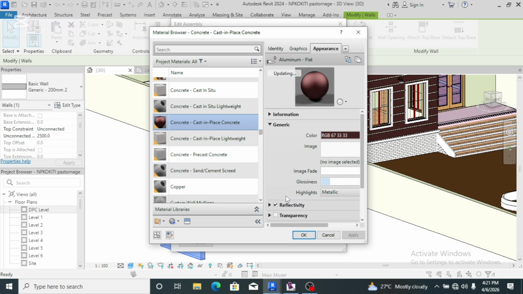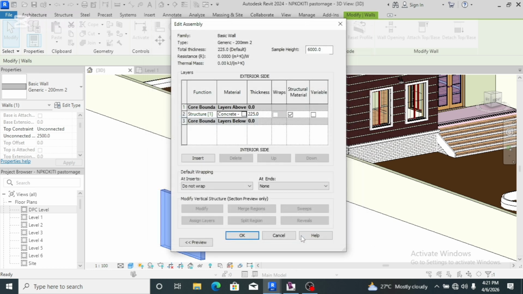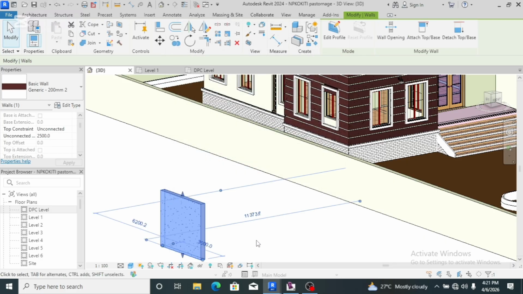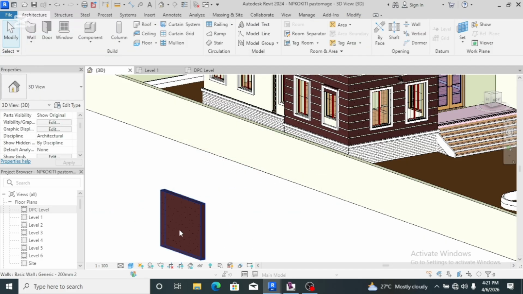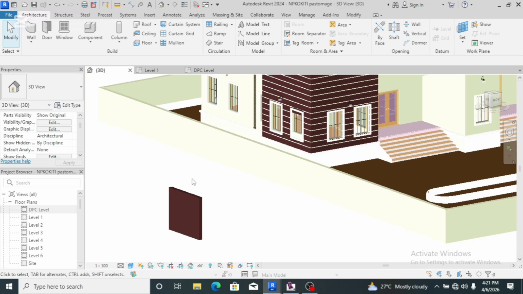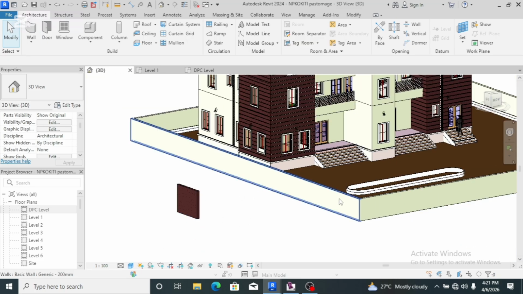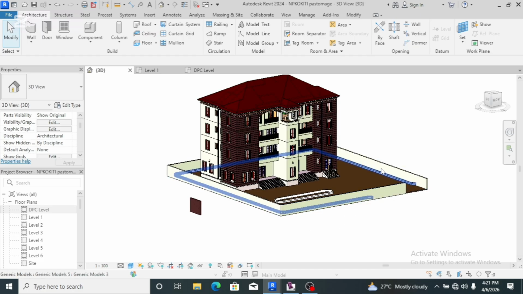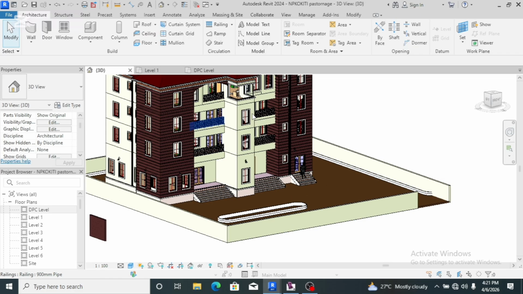It's not having the same material as this. The reason we did it was so that there will be uniformity between the walls. There will be a relationship between the wall and the fence. So now that we have the material,